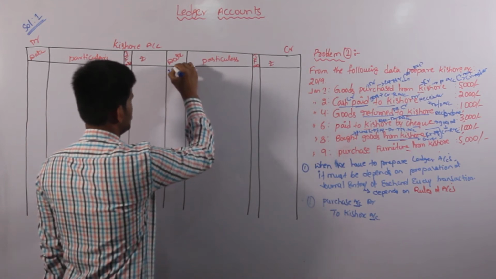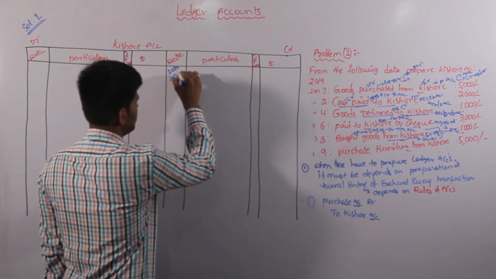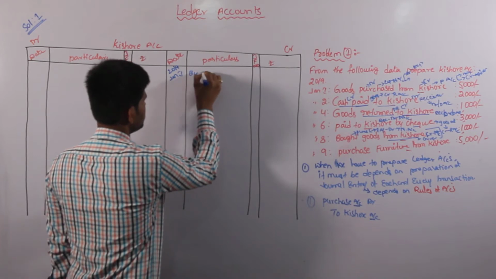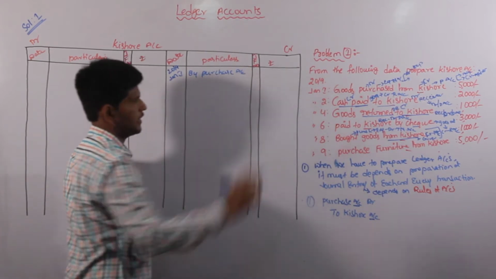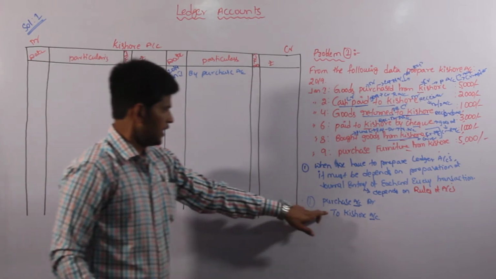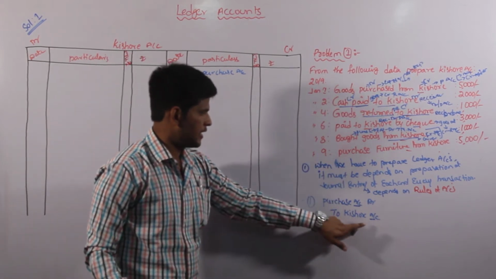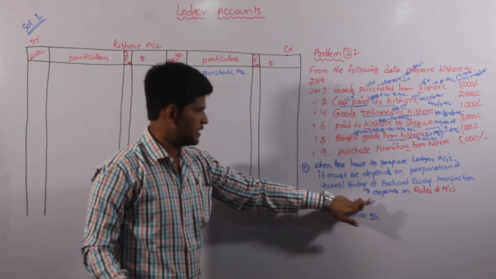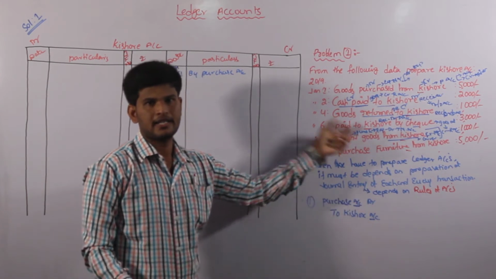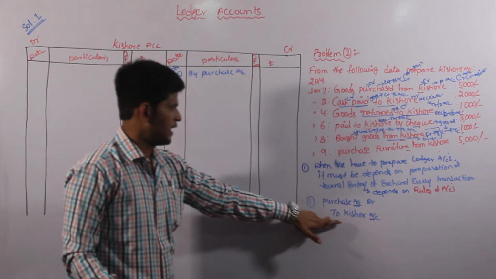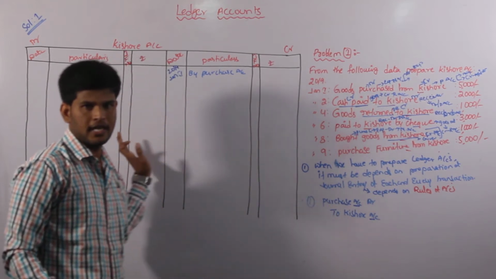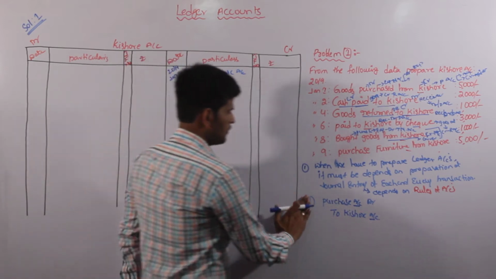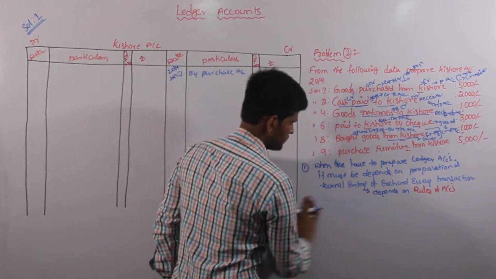That is on 2019 January 1st, by purchase account. We have to write like this. Right, ma? If the name in the ledger account, the person's name, is on the credit side, the debit side value will be converted into the credit side of the ledger account. If the name of the person is on the debit side and the 'to' value, it will be converted into the debit side of the ledger account. So the first one is completed.